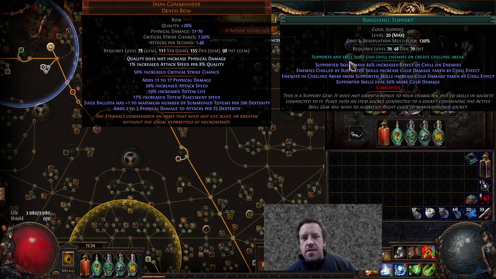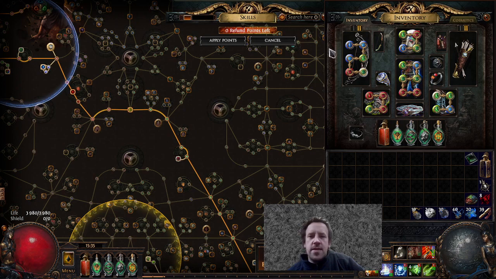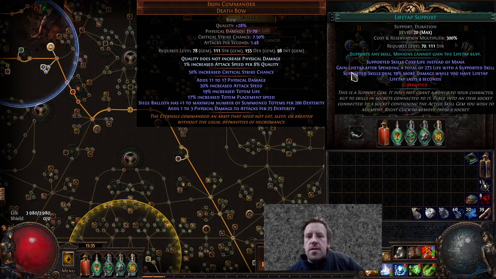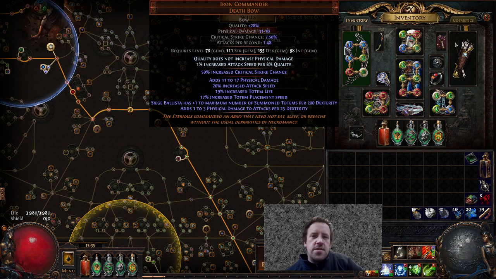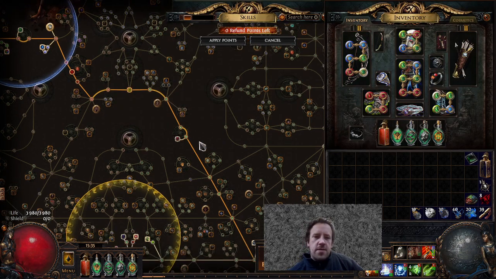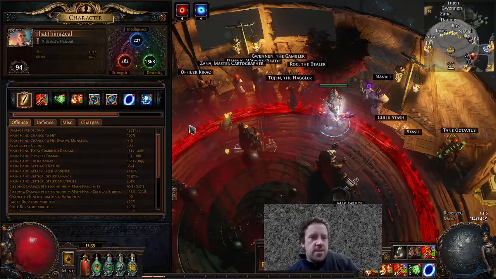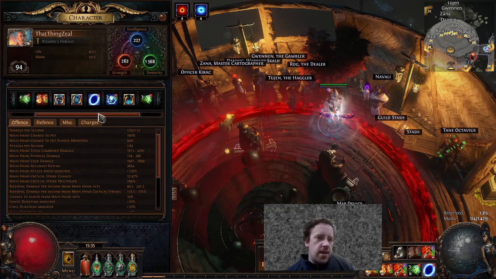Bone Chill, which gives us a substantial amount of damage increase based on our chill effect, which is why we're using Cold Snap. Cold Snap also generates frenzy charges for us, since as long as we create the area, we get the frenzy charge from anything that dies in that area. Life Tap, obviously this is a Life Tap build, so everything needs Life Tap, and then Enhance, just to increase the effect of the Cold Snap and the Sniper's Mark. And that ends up giving us a substantial amount of our damage, as well as chilling the enemies by a whole bunch. If we have a look at our Cold Snap,